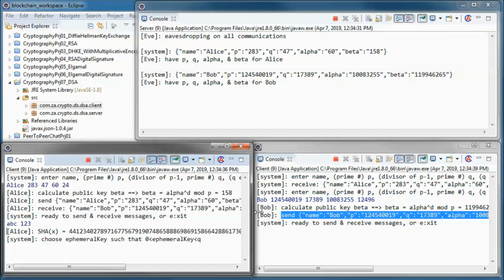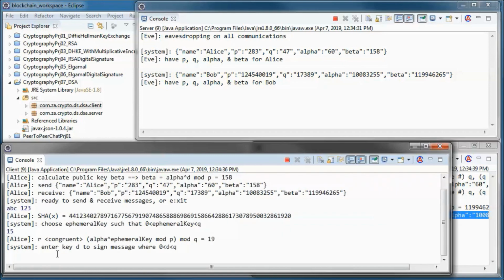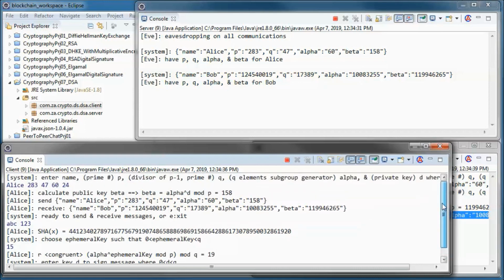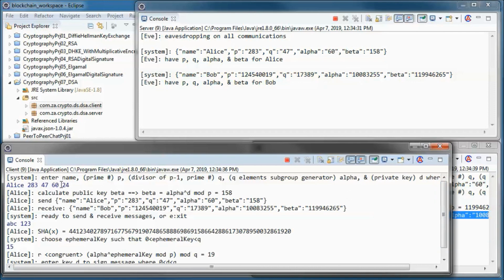So she calculates the hash for the message, and for the ephemeral key, let's say she picks this number, and she calculates the signature param R, and for D, let's go ahead and pick a made up key for now.